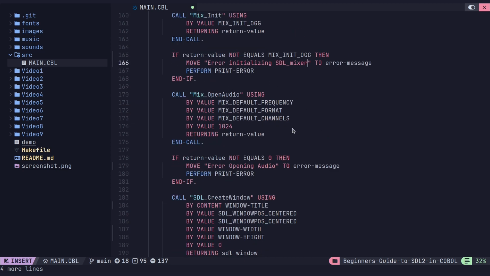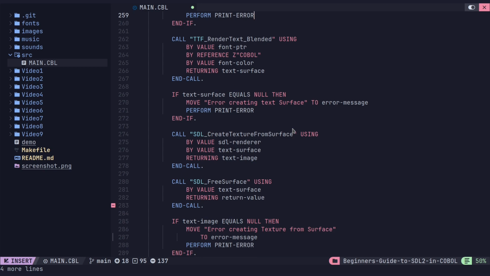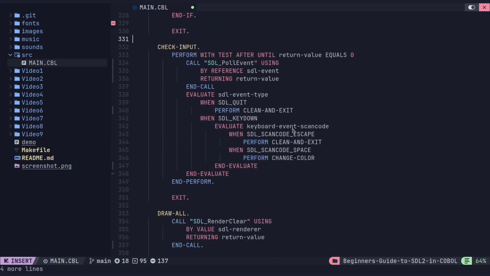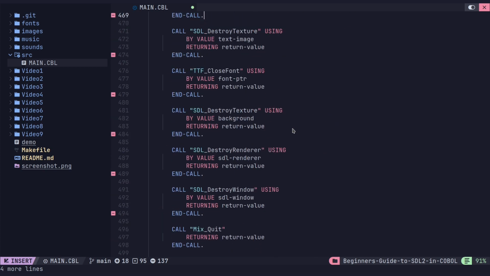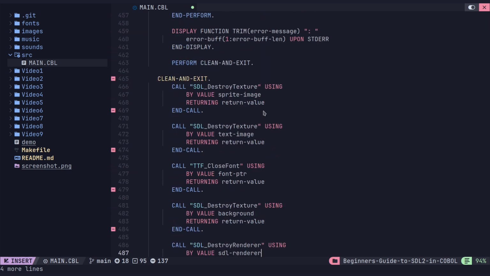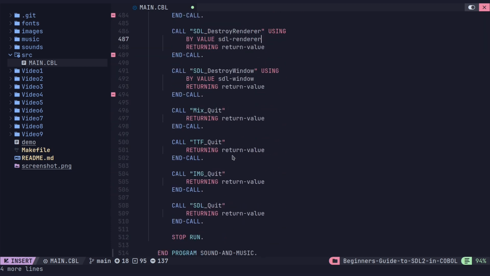And closing the mixer is basically just like quitting other things. It's just calling the function. It's a void function, and it has no parameters. So where we're closing everything down here, I'm going to put it after everything. So I'm not putting it before we're freeing all this memory. I'm going to put it right before I start closing down modules. So it's going to be just like this,